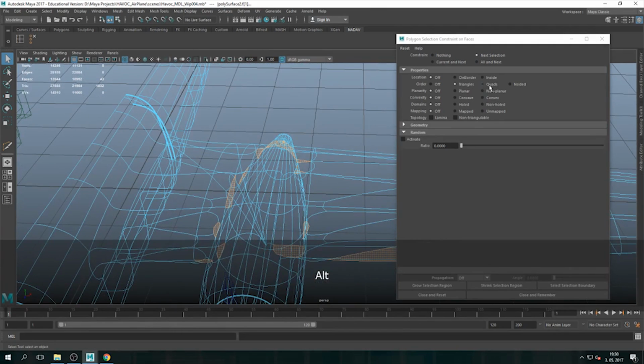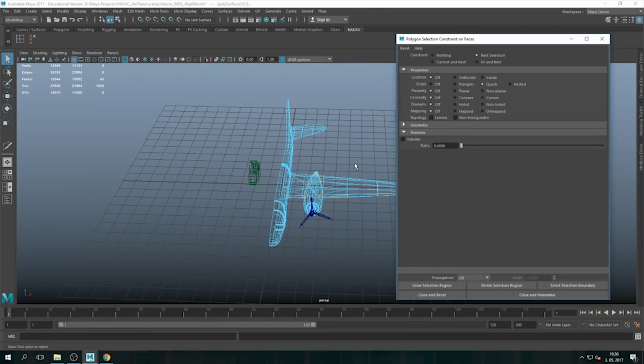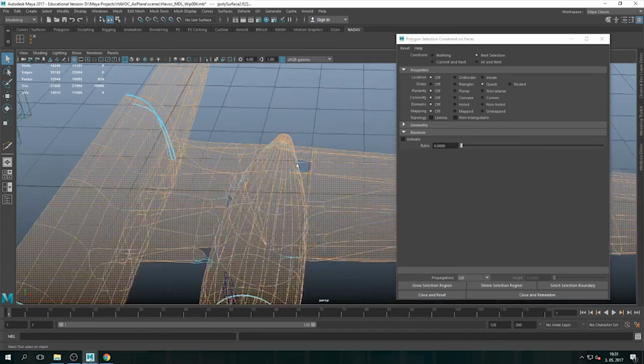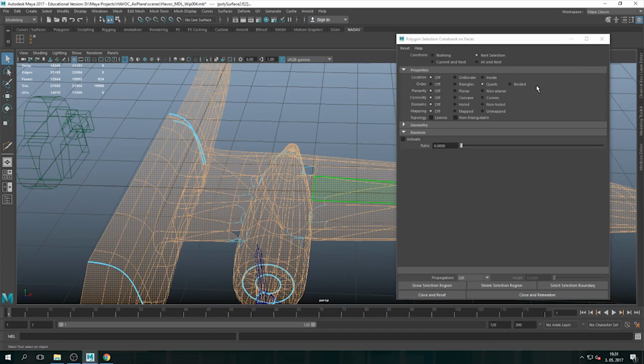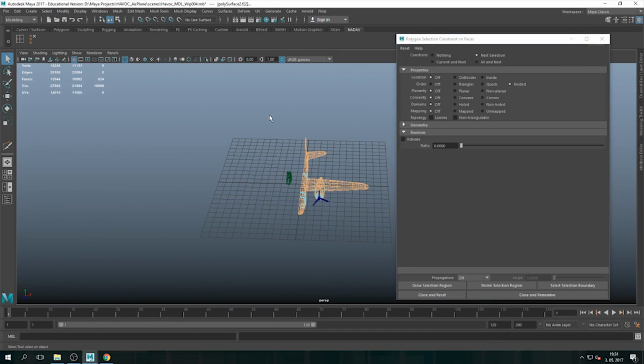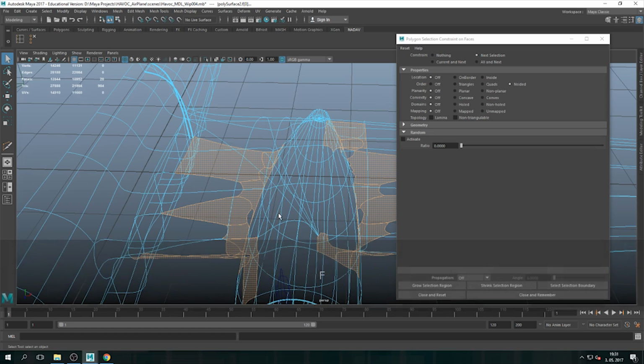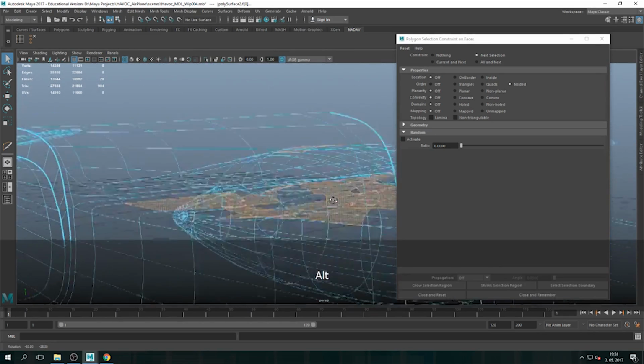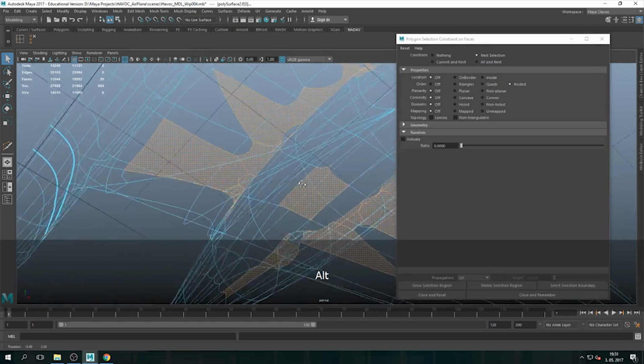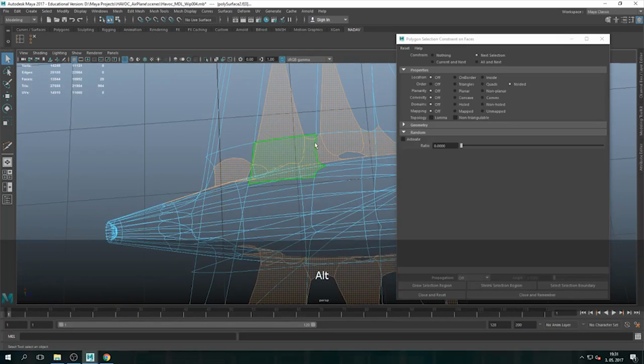Not just that, let's say I do quads now. I select everything, and it selects everything that's quads. So basically the triangles are not. A lot of times n-sided, this is what we had the problem with. N-sided are bad polys, and I have n-sided polys. This is very bad. All these are going to have to be fixed, and this is because in the bottom I didn't fix everything. But you see also here, n-sided means I have